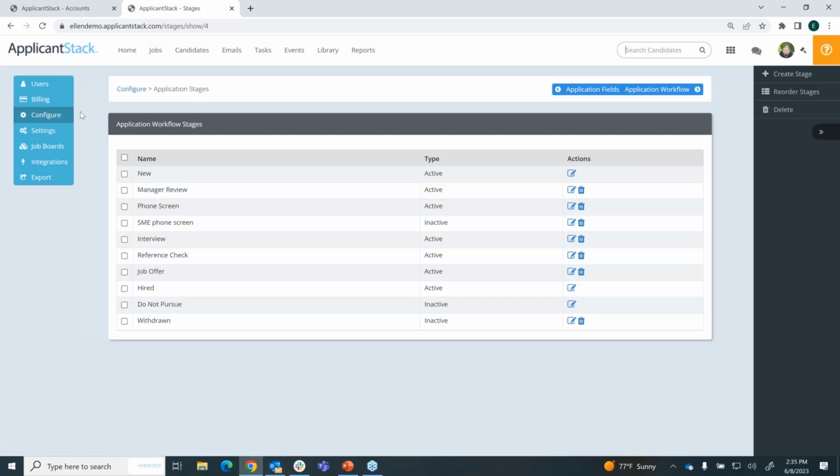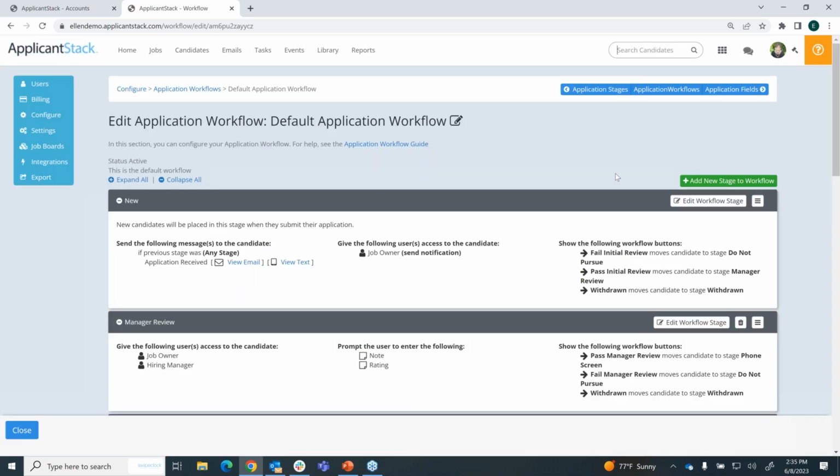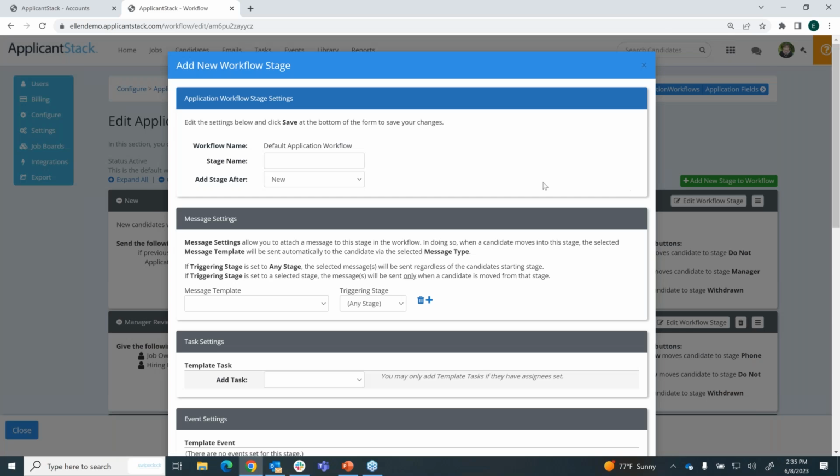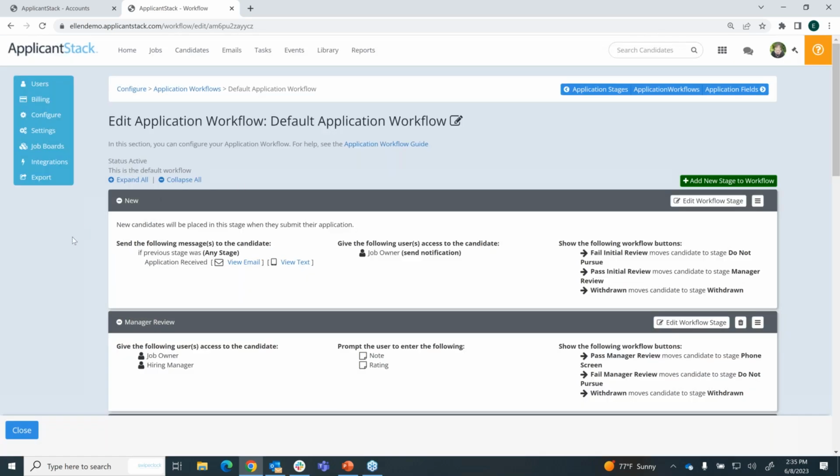Moving back to where we were, to the application workflow, here's my default application workflow. If I choose to edit it, I can bring in whatever stage I just added. So if I want to add a new stage to the workflow, I would follow the prompts here. So your application workflow, I call it kind of the electronic smarts behind moving your candidates from stage to stage. So again, it's a little bit more of an advanced function, but my new stage,